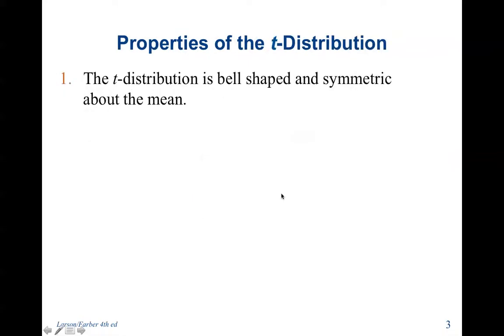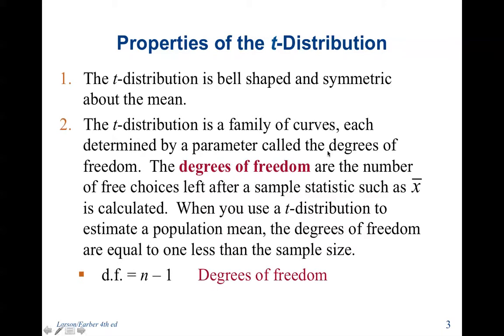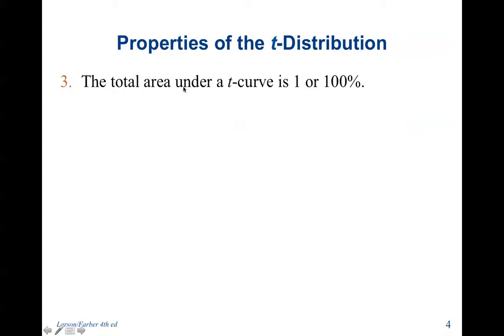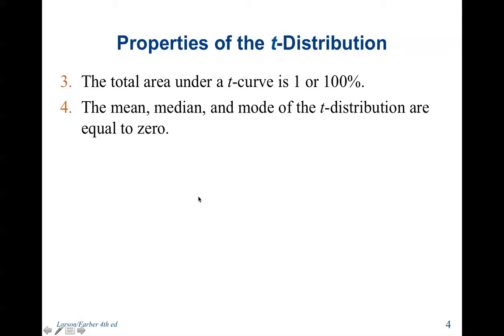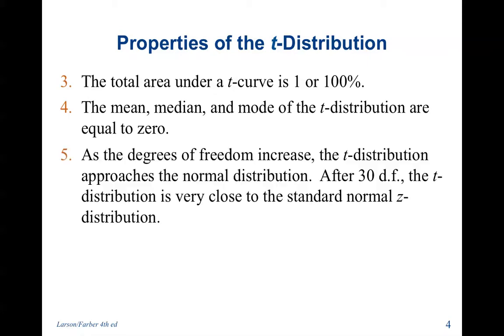So the properties of a t-distribution. The t-distribution is bell-shaped and symmetric about the mean. It is a family of curves, each determined by a parameter called the degrees of freedom. The degrees of freedom can be found by subtracting 1 from n. So as n increases, degrees of freedom also increases, by one variable less than n. The total area under the curve is 1, or 100%. The mean, median, and mode of a t-distribution are equal to 0. And as the degrees of freedom increase, the t-distribution approaches the normal distribution. So after 30 degrees of freedom, the t-distribution is very close to the standard normal z distribution, which makes sense